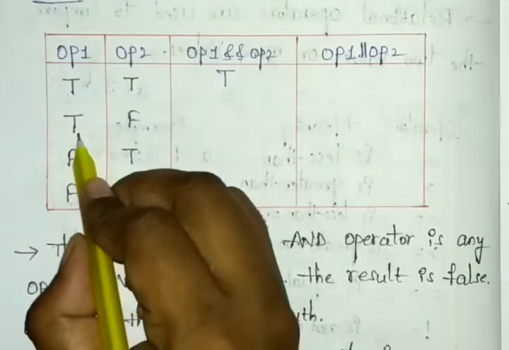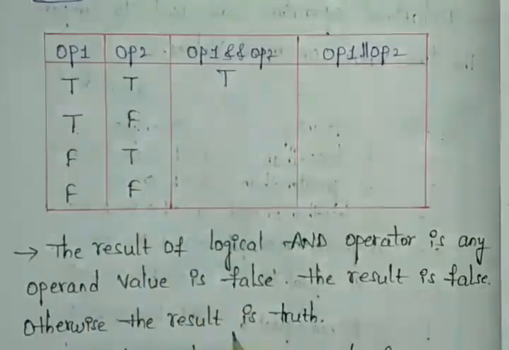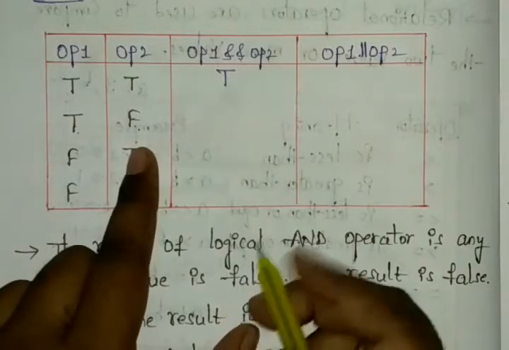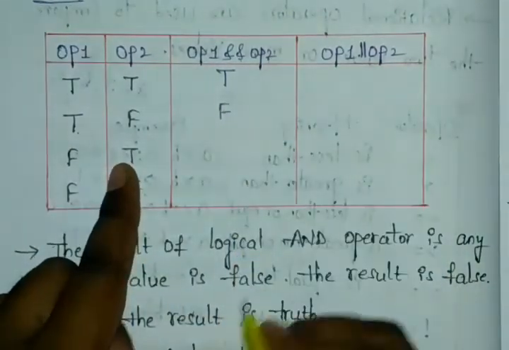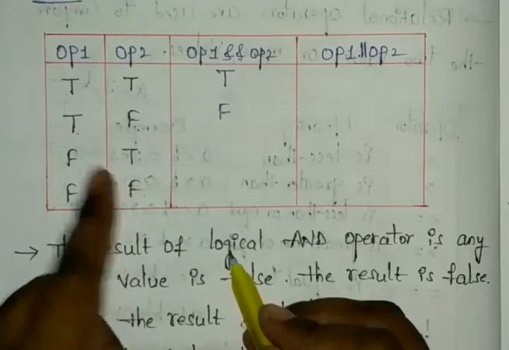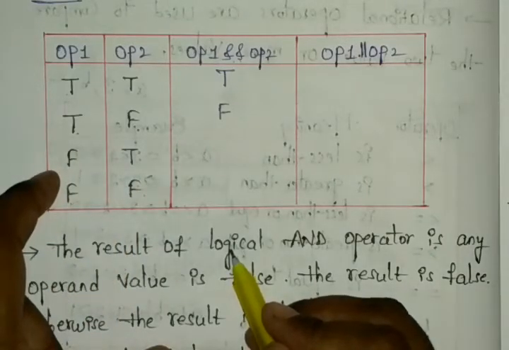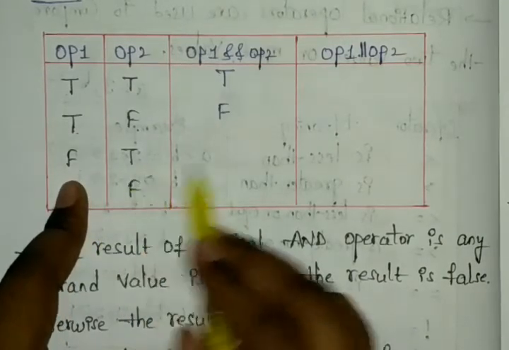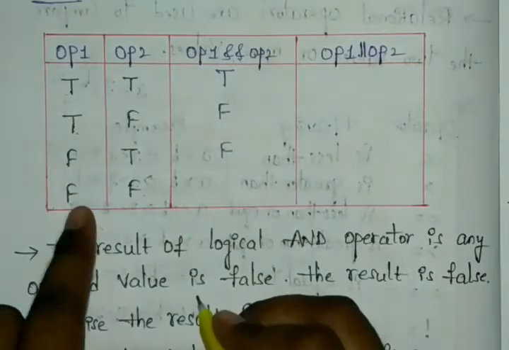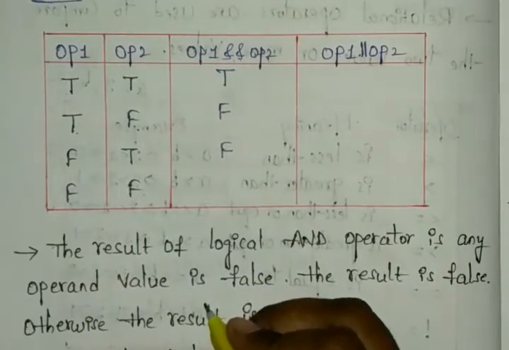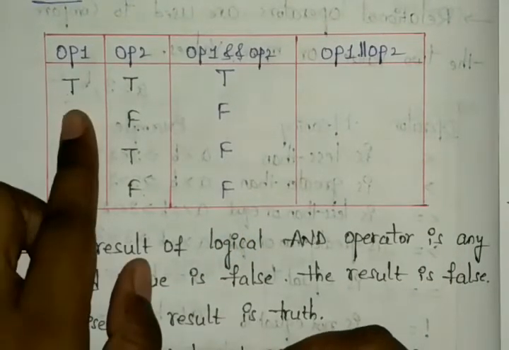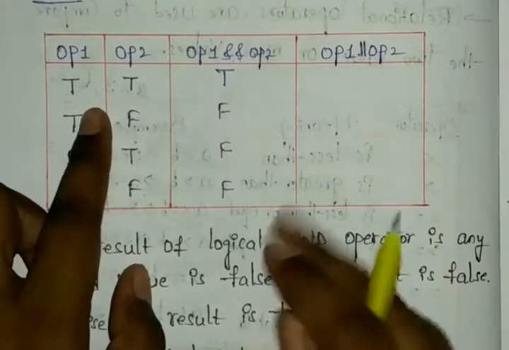And next, this is true and this is false. Definitely whatever you have, those need to be true statements only. Here we have the false one, so you can make this false. Here this is the AND operator. AND means definitely both values must be true, otherwise it makes false. Here also you can see we have false and here we have true, so this is also false. And next, false and false. Already both are false, right? Then it makes false only. So definitely it will be true only in the first case, where these two are true.